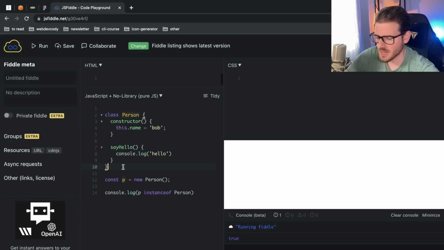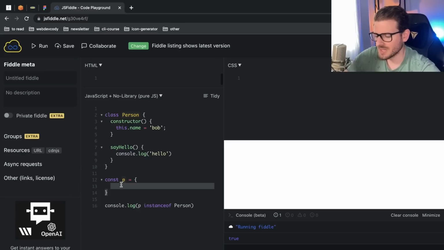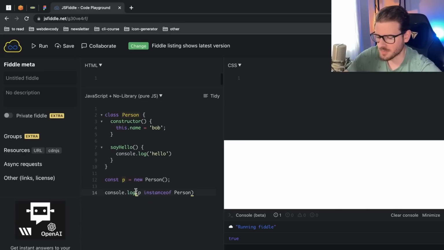Now, an object can potentially achieve the same thing, but an object typically is just a lower level construct, because at the end of the day, this p that we created is an object, right? If you were to do typeof p, this will probably print out object. So it is an object, but the class is more of a blueprint of what the object needs to look like after you construct the instance of it. I don't know if I explained that well, but